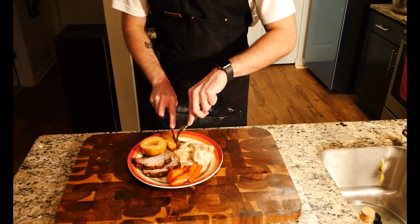Chests that were painted. So each of these chests will be filled with some extra special